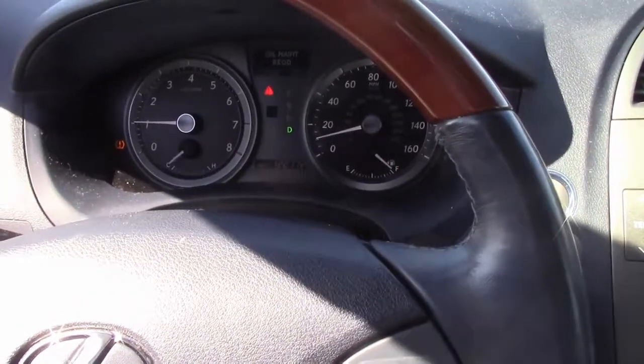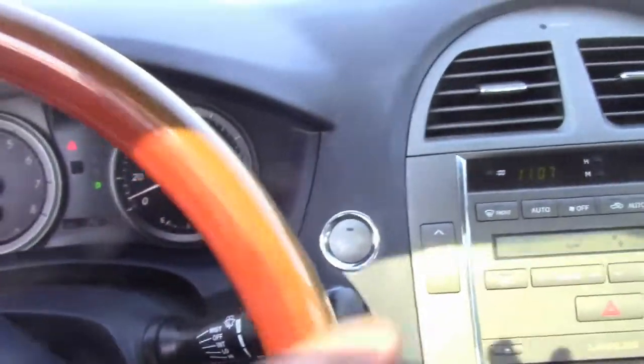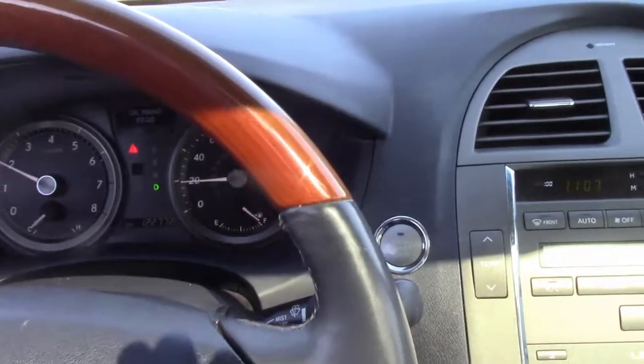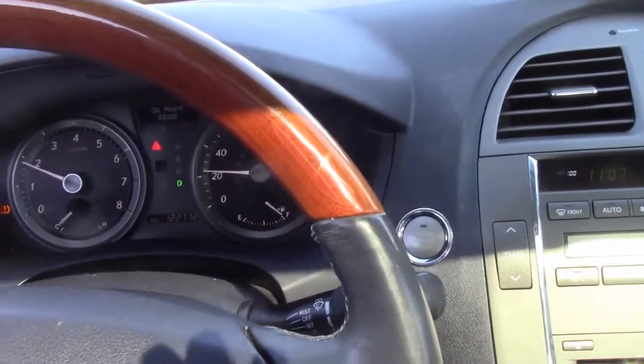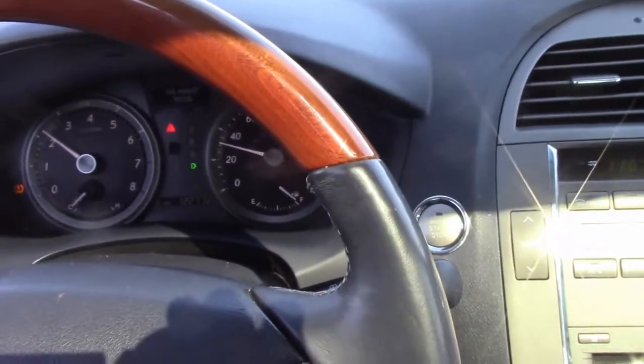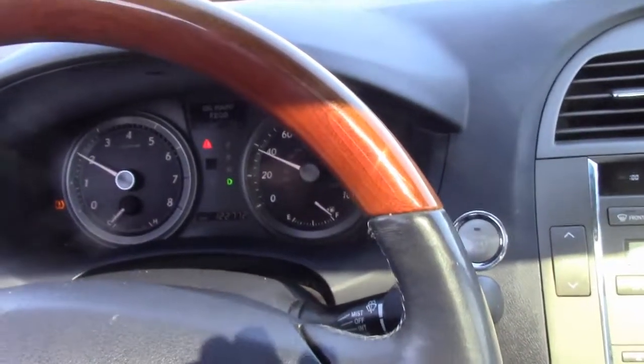This is how I check to make sure the brake calipers aren't sticking. The first thing I do is I'll take her for a drive, and I'm not going to use the brakes very much here, okay? Just to stop at stop signs, and I'm going to come very slowly to the stop signs. What I want to do is put a few miles on this car, about 5 miles or so,